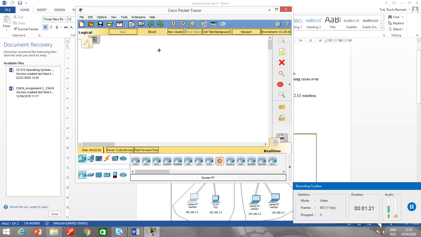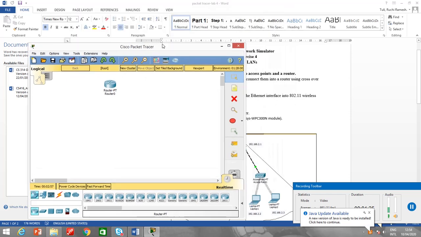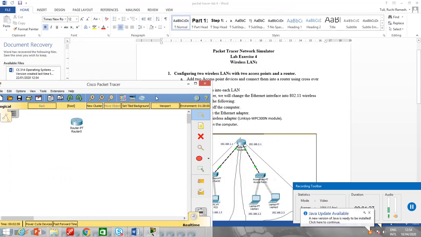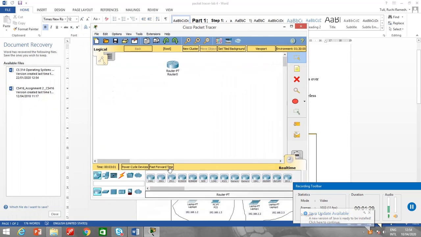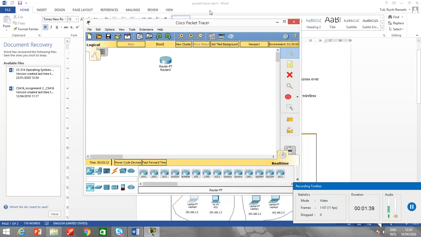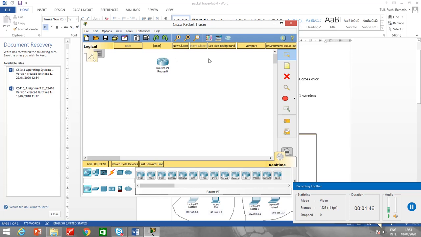You can see the name, which type of device has been used in the topology, by just checking the name, router PT. Because if you see over here, when I click on 1941, it says 1941. Another generic one says router PT MT. So router PT is this generic device. The first thing is I have to configure the interface of the router. So if you see, I have two interfaces over here.